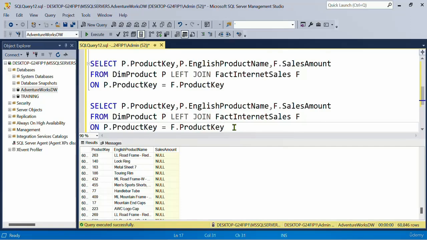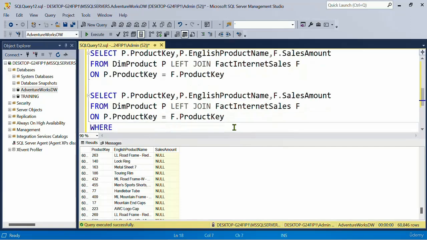Let me copy this. And if I put a filter on this, now in join, you can do any and everything that we have learned until now. It's not that you can just do join. You can do aggregates, you can do group by, you can do pivot, order, filter, sort, anything that you want, right? So I say where